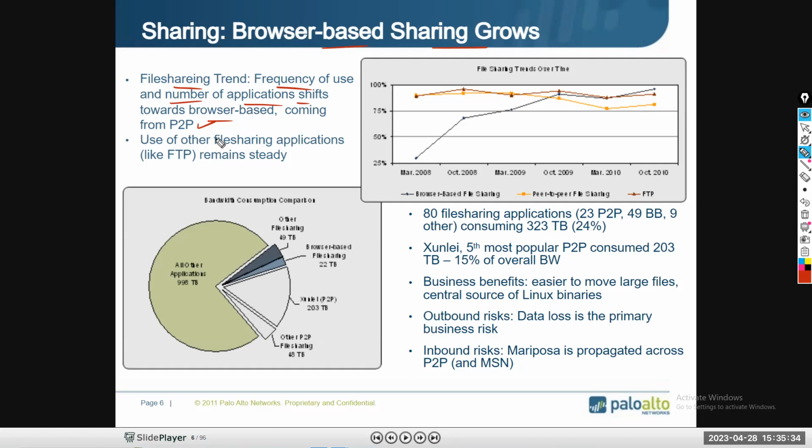Use of other file sharing applications like FTP, file transfer protocol, remains stable. If you talk about 2010 versus 2023, we are now in April, and it keeps increasing with no chance of decreasing, because browser-based applications have become very popular.